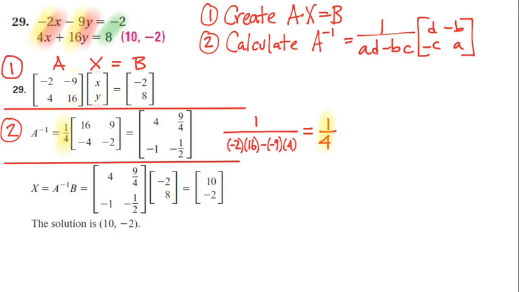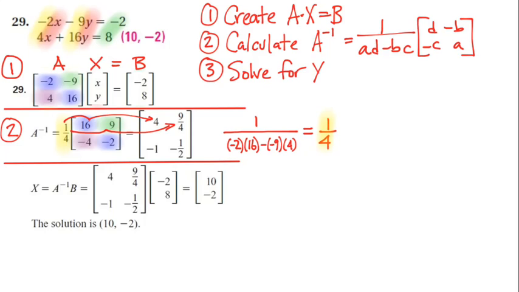And then the other pieces merely come from the A matrix itself. We swapped the A and D terms here. The -2 is placed here, the 16 is placed here. The -9 becomes a 9, and the 4 becomes a -4. Then we just multiply it out one by one, 1/4 times every single element in the 2 by 2 matrix. So this is the inverse matrix that's calculated in step 2,